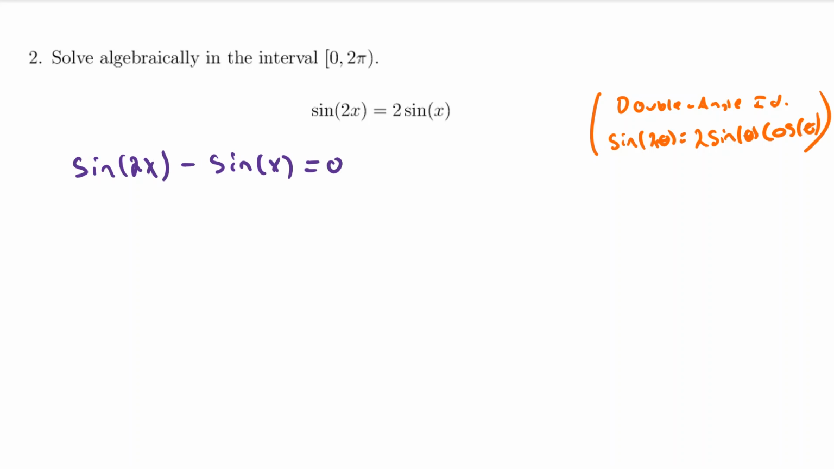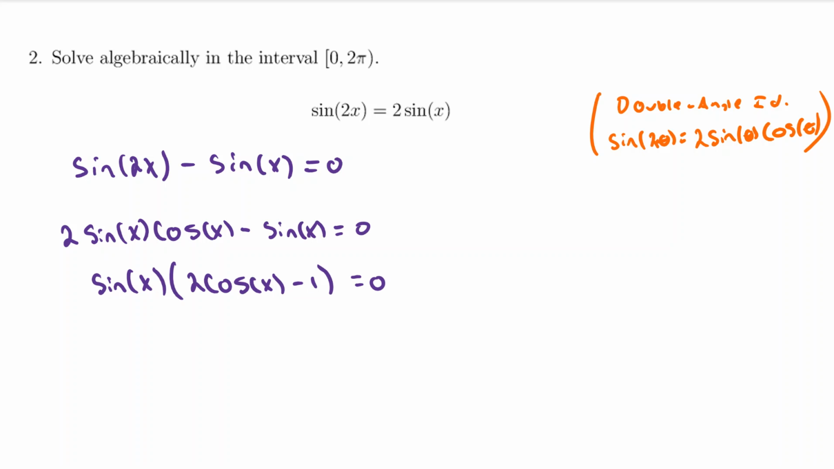Now I'll apply my double angle identity, but I have x instead of theta. So I have 2 sine of x cosine of x instead of sine of 2x. I still have my minus sine of x. And now that's equal to 0. And I can clearly factor out the sine. So I factored out that sine to be able to get sine of x times 2 cosine x minus 1